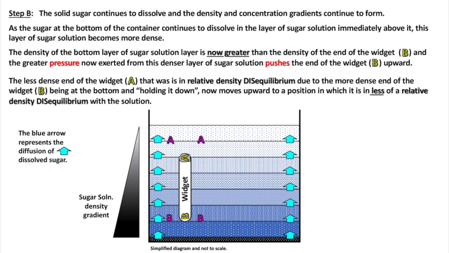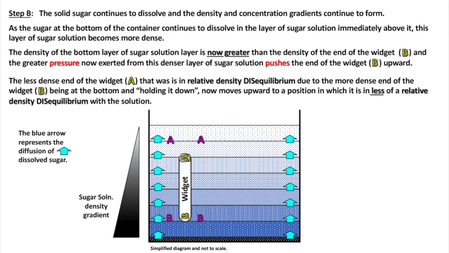Step B. The solid sugar continues to dissolve and the density and concentration gradients continue to form. As the sugar at the bottom of the container continues to dissolve in the layer of sugar solution immediately above it, this layer of sugar solution becomes more dense. The density of the bottom layer of sugar solution is now greater than the density of the end of the widget, B, and the greater pressure now exerted from this denser layer of sugar solution pushes the end of